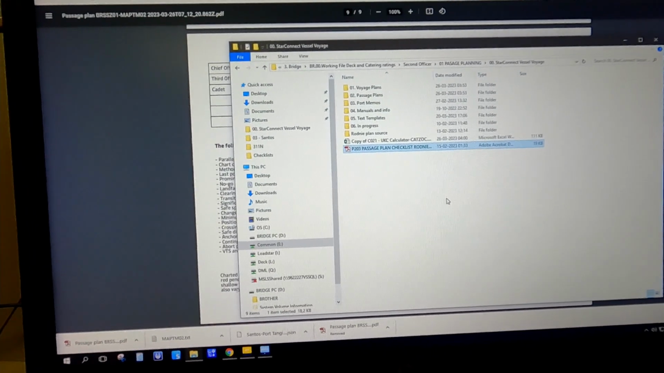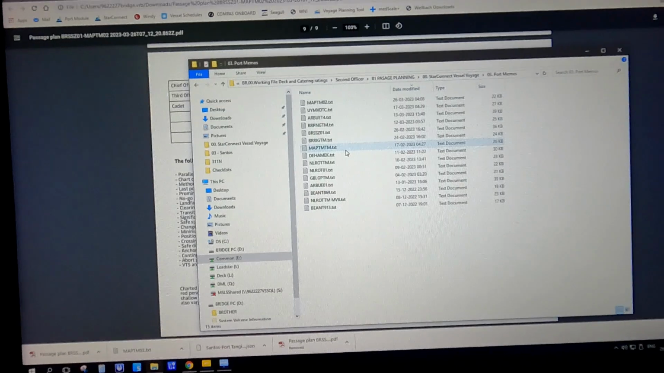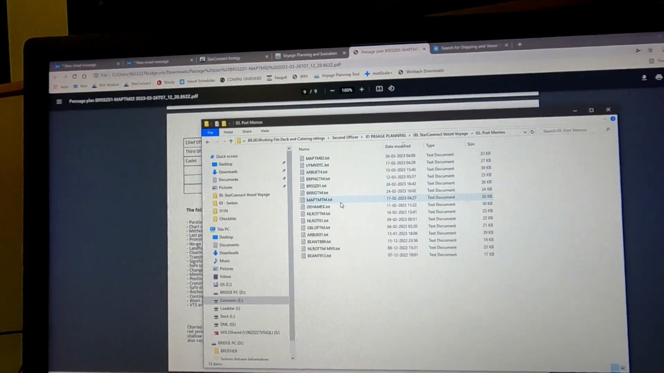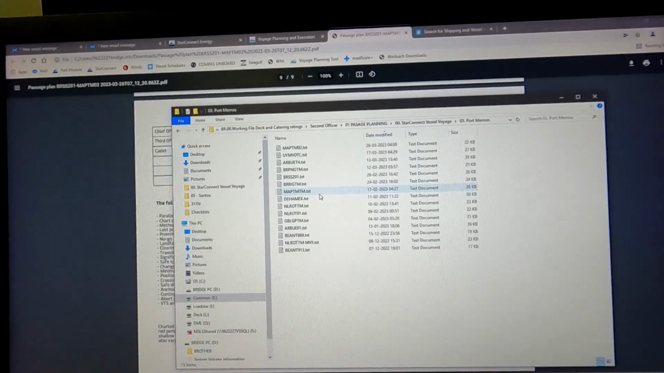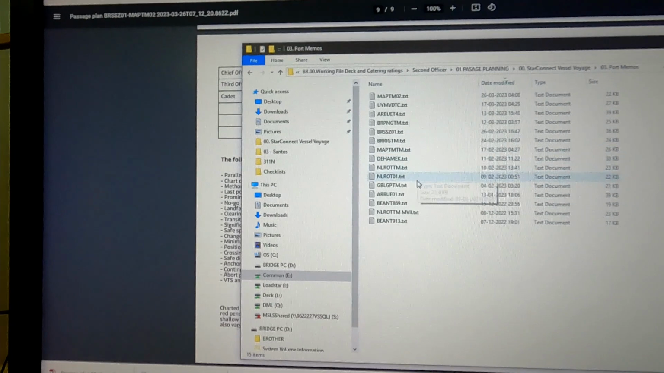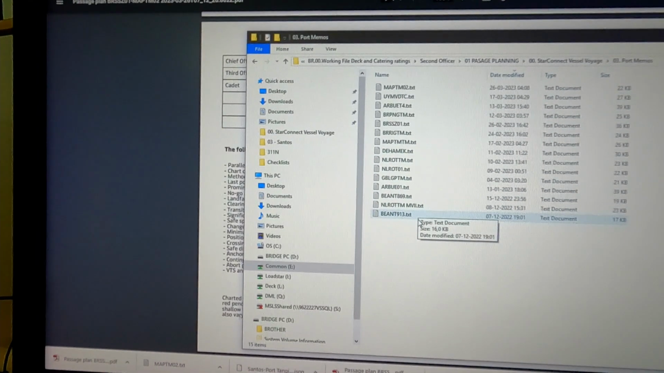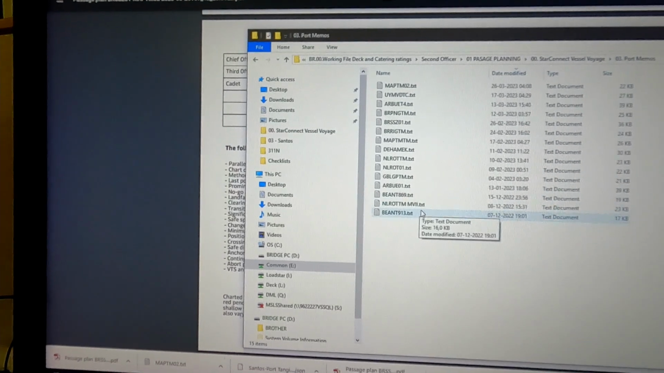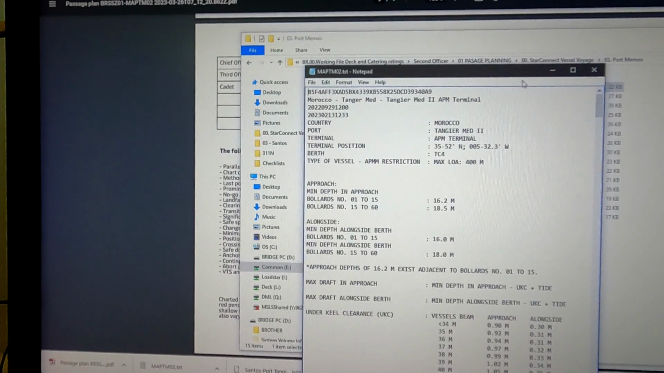Then that's it. And about the port memos, in Maersk we have some kind of consolidated information of every port that the whole Maersk is trading to and from, and all things about the port is indicated there. All rules, all considerations, everything. For example, in Tangermed, where we will go to,